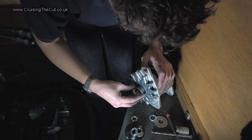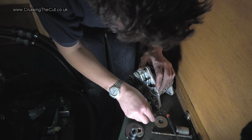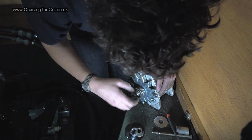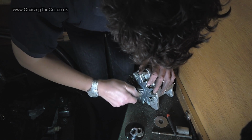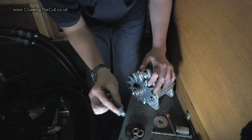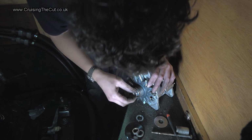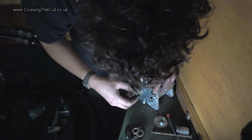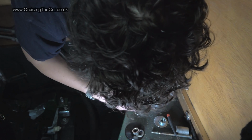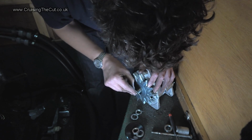It needs to be on tight enough that the whole thing will turn that, doesn't it? Is that on like that? It was that was the thick spacer, sorry, there we are. I don't know if you can see that even, but there was that thick spacer, and that made it far too thick. So I've taken both of those off. I wonder whether in fact I should leave the thin one on. I did measure it there and it seemed to be okay, but